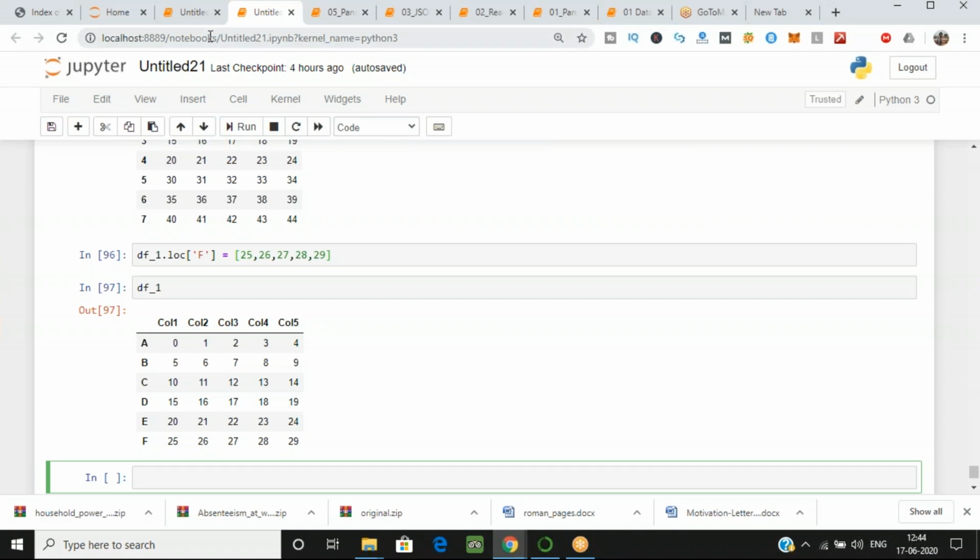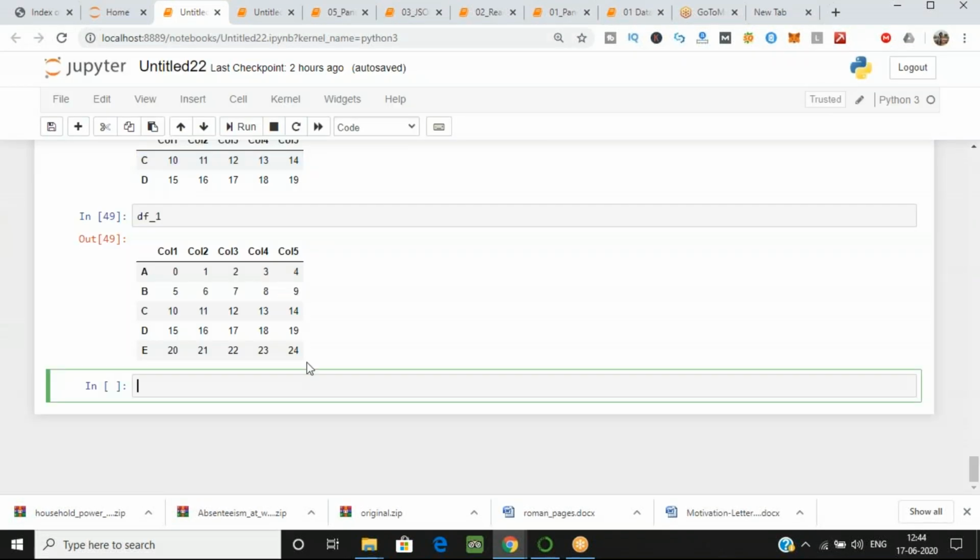We have covered till here. Now I'll explain what the ILOC and LOC methods are. We have two very popular methods that we use for slicing series and data frames. First is the ILOC method and the second one is LOC, the location method. What's the difference between them? If you are using ILOC, then you must provide the index value.